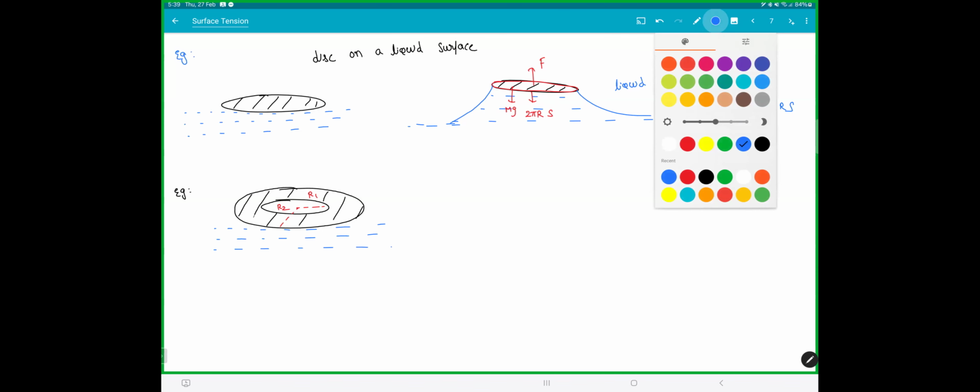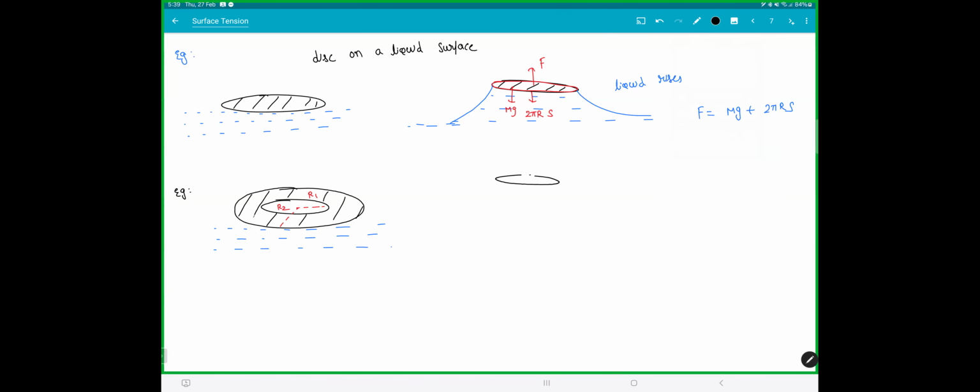Now if you try to pull this up, this is how the liquid surface will rise. Is that making sense? So basically, wherever there is an edge, the water sticks and the whole thing